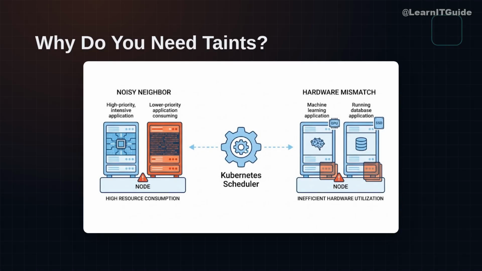So why do you need taints exactly? Without them, the Kubernetes scheduler treats every node as a generic resource. This leads to what we call noisy neighbor issues, where low priority background tasks consume resources meant for your critical applications. Or even worse, you might have sensitive workloads running on nodes that simply don't meet your security or hardware